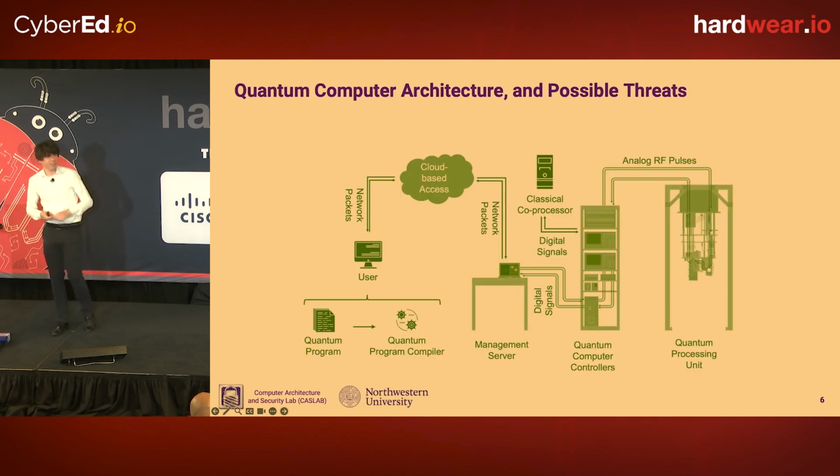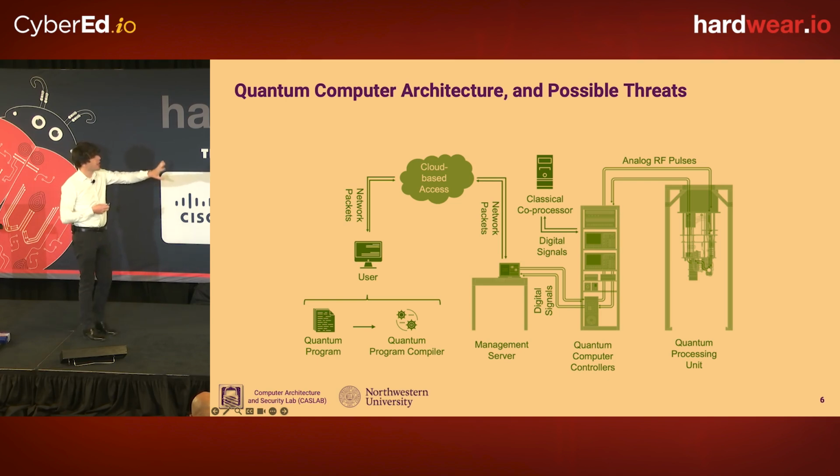If you've seen some of my talks, I keep reusing these figures, so sorry if somebody's seen it, but I think this gives you a good overview of what a typical quantum computing system is. In the figure, on your far right, you have the actual QPU, or the quantum processing unit. For superconducting qubits, you'll see the chandelier, the fancy fridge that holds the qubits. But that's really just one part.